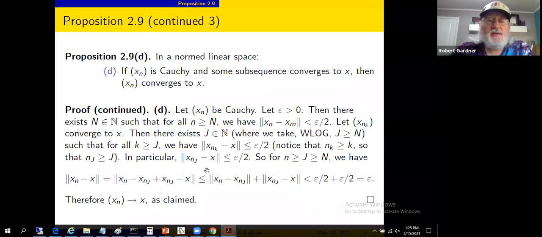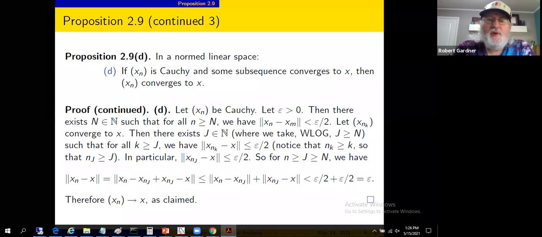All right, this holds for all k greater than or equal to capital J. In particular, it holds for k equals capital J itself. That is, |x_{n_J} - x| < epsilon/2. This inequality with k equals J, we did this so we can put our hands on some specific number. When I have a convergent sequence, I've got the limit value I can put my hands on.